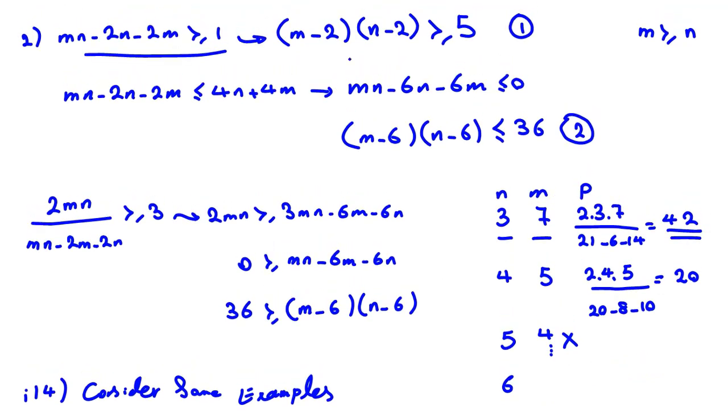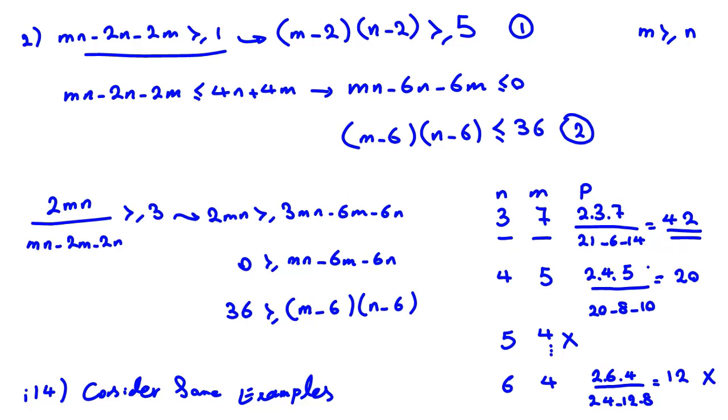Okay. 6, 3 doesn't satisfy equation 1 because it will be 4 times 1. 6, 4. It will be 2 times 6 times 4 over 6 times 4, 24, minus 12, minus 8. So it is 20, 24 minus 20 is 4. 4, 4 will be cancelled, it's 12. So it's bad. If you check 6, 5, it will be worse because if we increase m